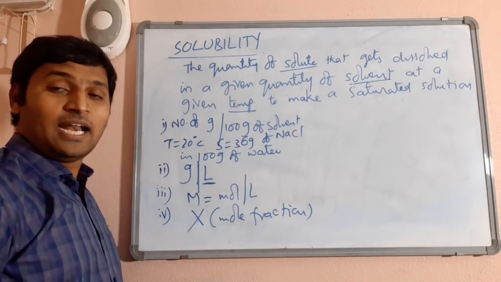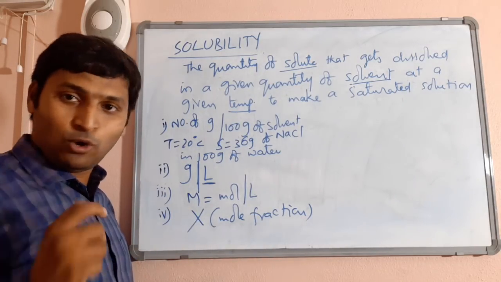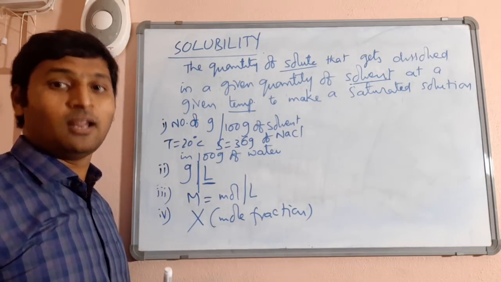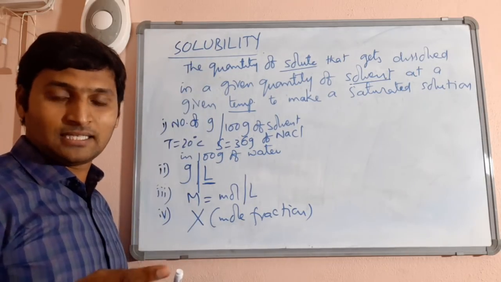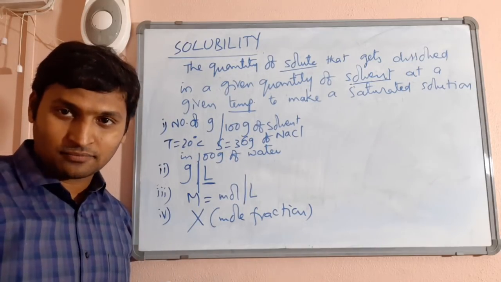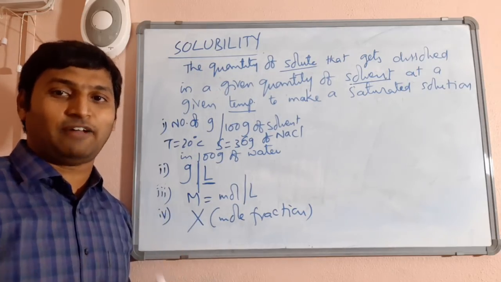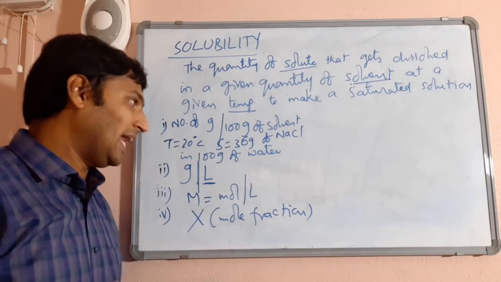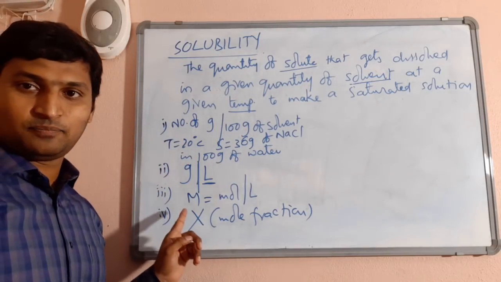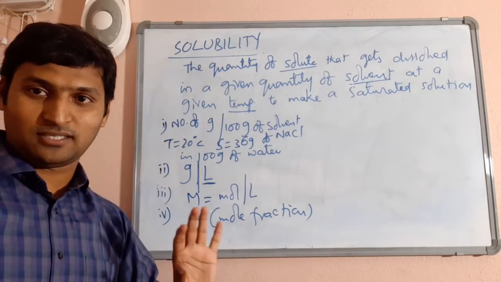You know very well, the number of moles of solute in the total number of moles of solution is called mole fraction. So, what is the mole fraction of solute in a given solution also expresses its solubility. It means, if the mole fraction of that solute reaches so much, it will become a saturated solution. It means it cannot dissolve more than that fraction of solute. So, likewise, it can be expressed in any of these ways. That is the definition of solubility and how it is expressed.